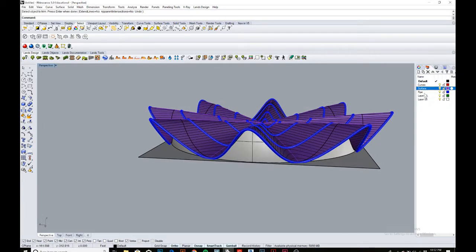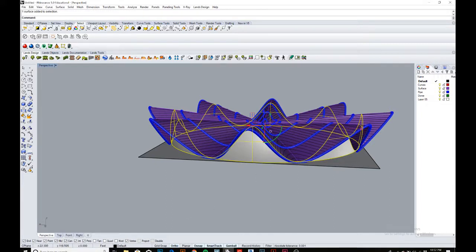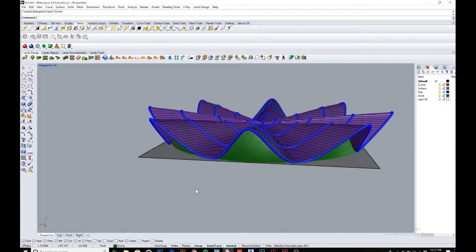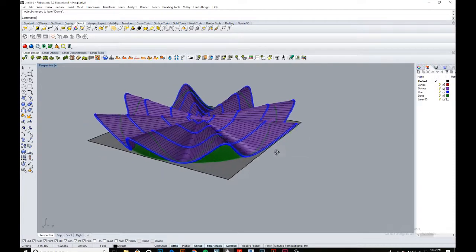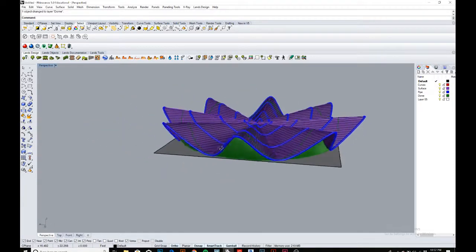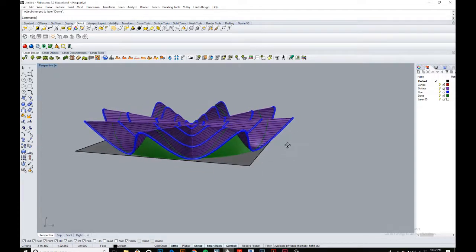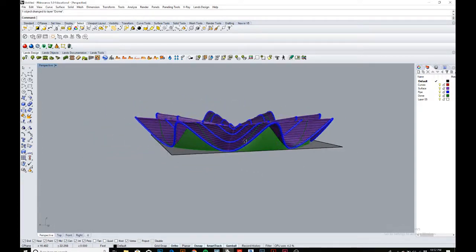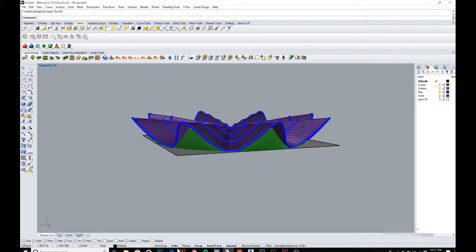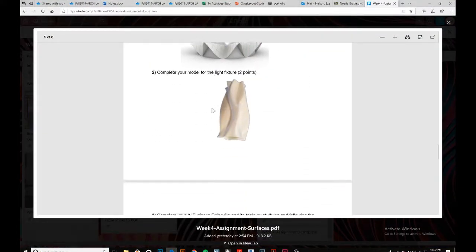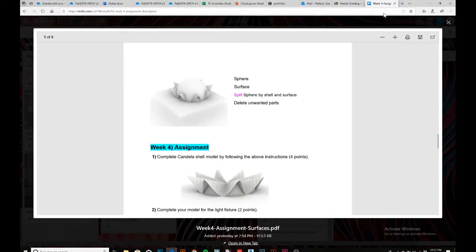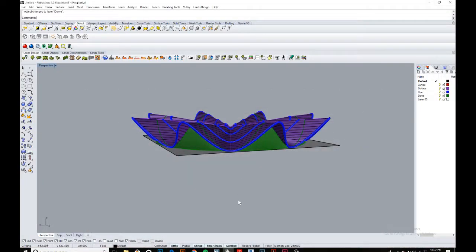The last thing, if we really wanted, we can type in dome, and we can make this the dome. So now everything is literally in its own layer. But yeah, that is how you model this Candela shell pavilion. So hopefully that was helpful, and